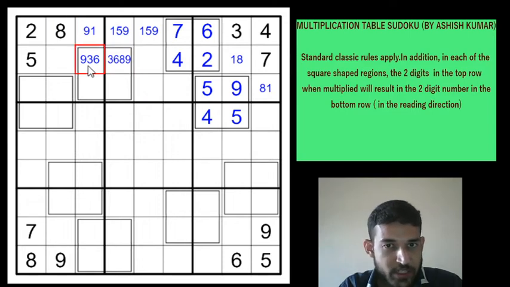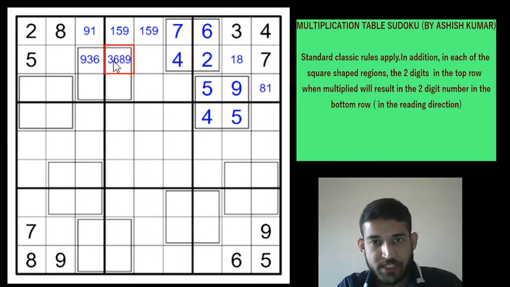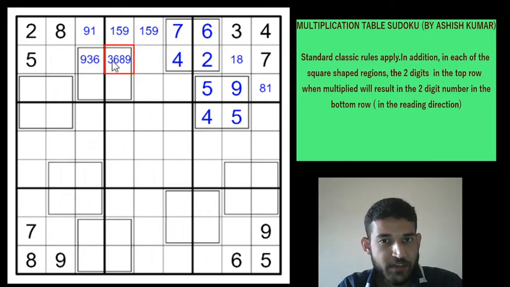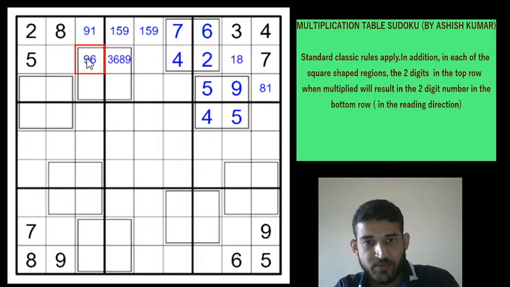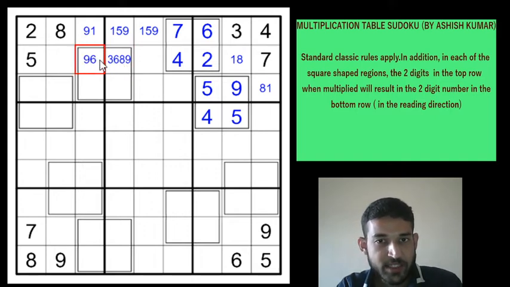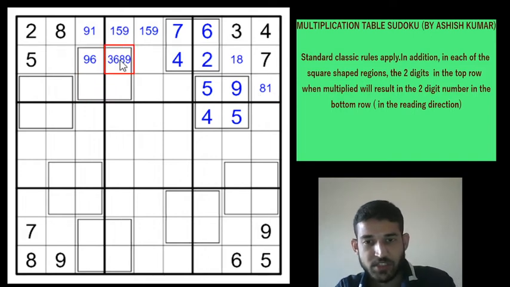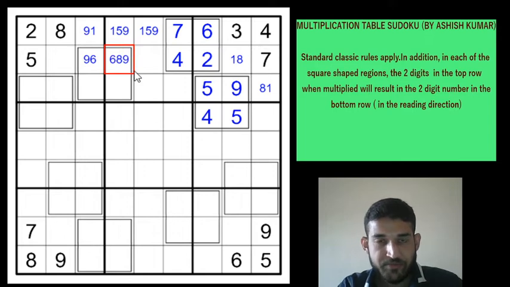Okay. Now if you look closely at the top row, you can easily deduce that 3 cannot be in any of these two digits because what happens when you have a 3? 3 multiplied by 6 will give you an 18, right? So you will have a 1 here and an 8 here, but 1 8 is not possible because this will remove all possibilities from row 3 column 9. And when you have a 3 8 or a 3 9, you get the tens digit in bottom row as 2, but 2 is not possible here, so 3 cannot be here, right? Similarly, you can eliminate the 3 from here. 3 6 are 18, not possible, and 3 9s are 27, which is again not possible. So this is going to be 6 8 9, right?